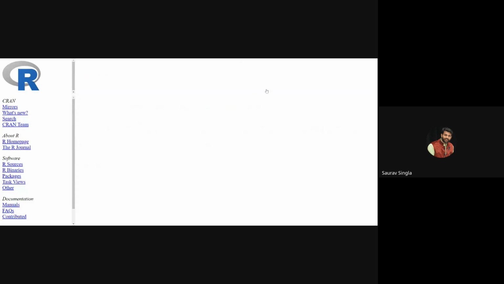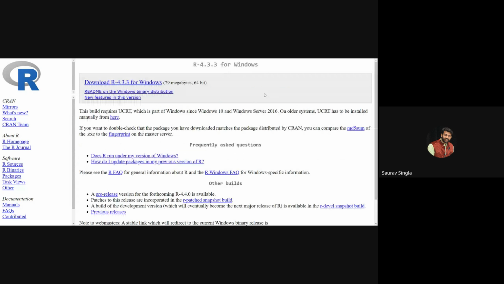This is R 4.3.3, the latest version. So if you click this one, you get the latest version of the R software. Once you have downloaded and installed R,